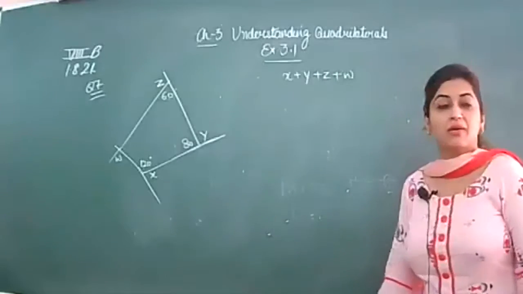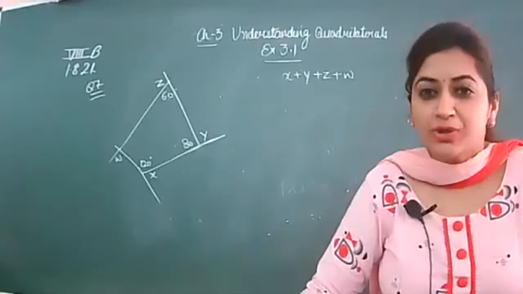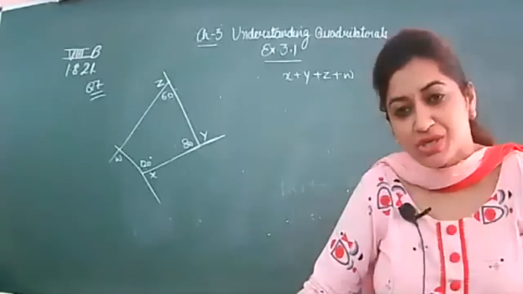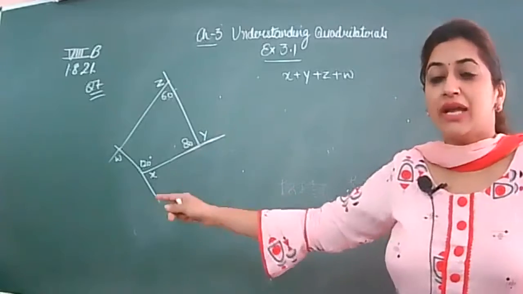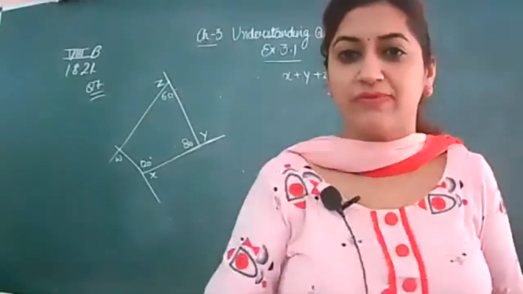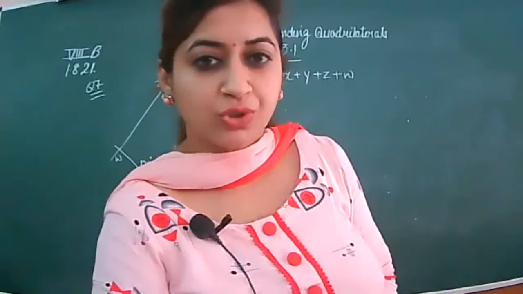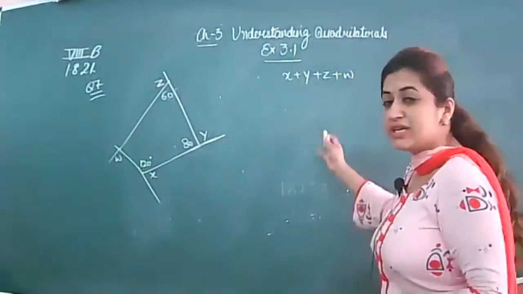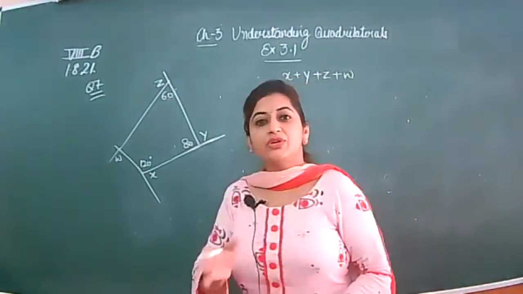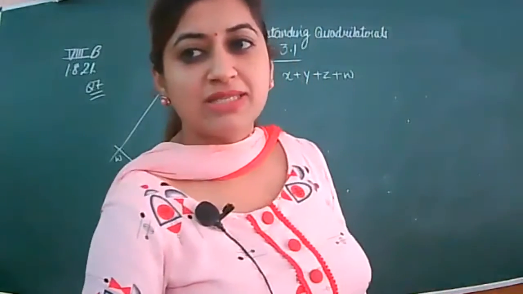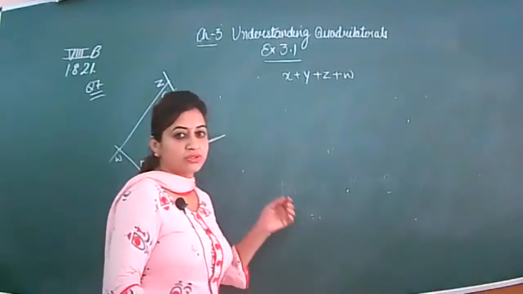You all know that the sum of the exterior angles of a polygon is always 360. You can use the direct result if it is a one mark question. But if the question is to find the values of x, y, z, then you have to show that the sum of x, y, z and w is 360. You will definitely get the sum as 360, but you have to find each and every angle, then add them to show that the sum is 360. But if it is a one mark question, you can use the direct result also.